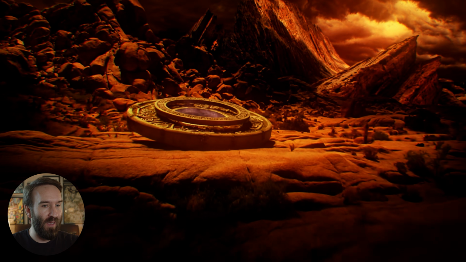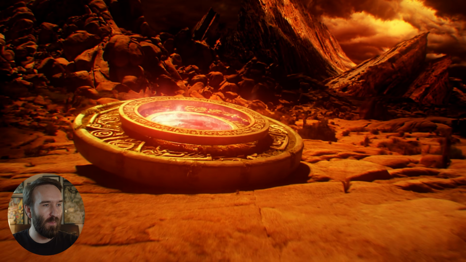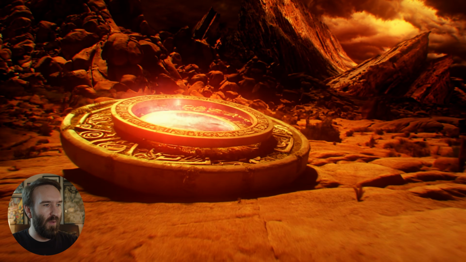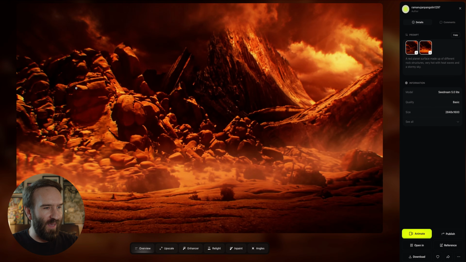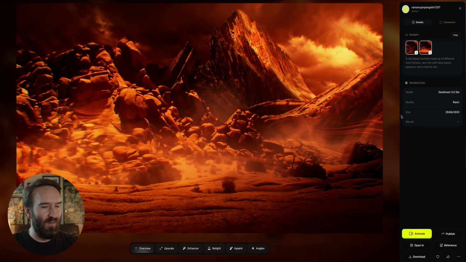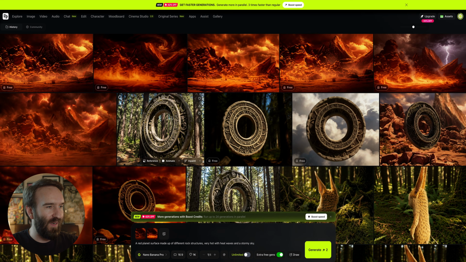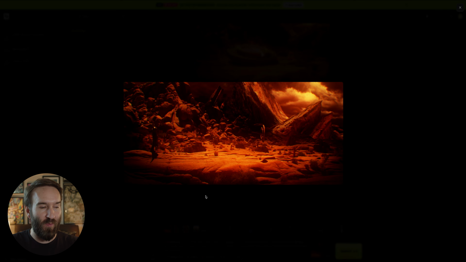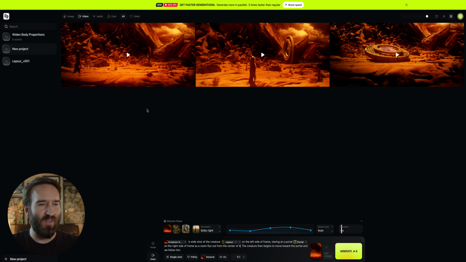And here's the shot that it made. It's pretty interesting, this is the exact location that's in my short film. Okay, I tried to create some images of the planet. None of these are really looking, I mean, they look pretty much like the still, and I don't think these are going to be very useful. So I'm going to use this as the start frame, and hopefully it puts the correct character there and the portal. Let's see what the shot looks like.